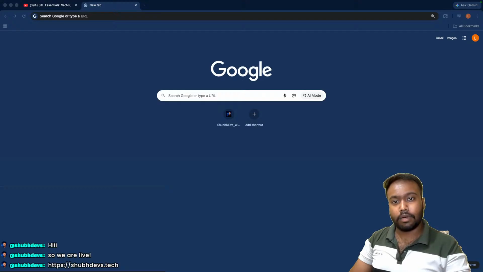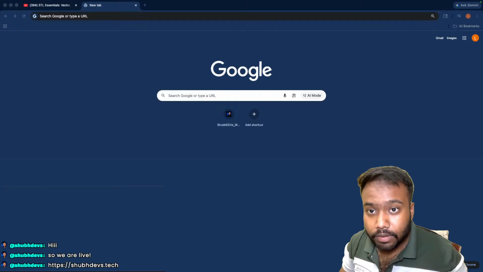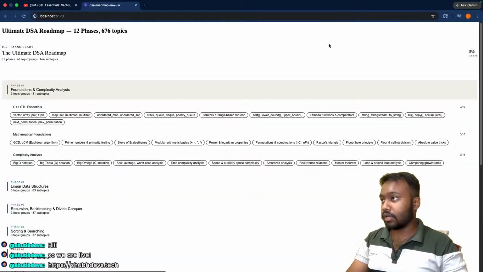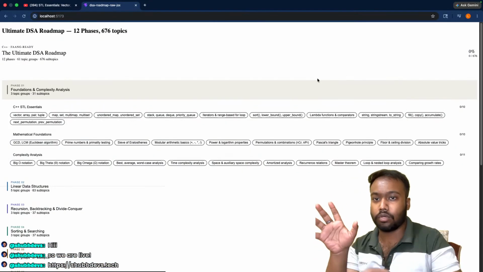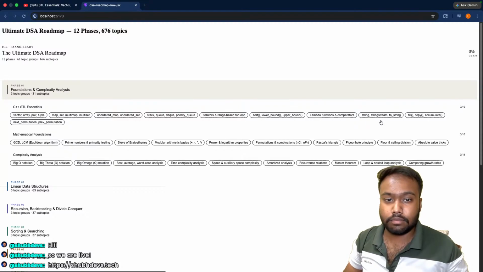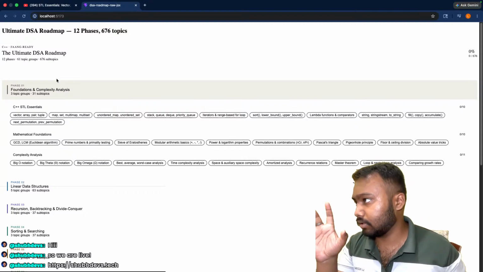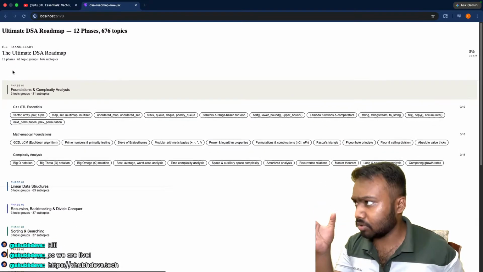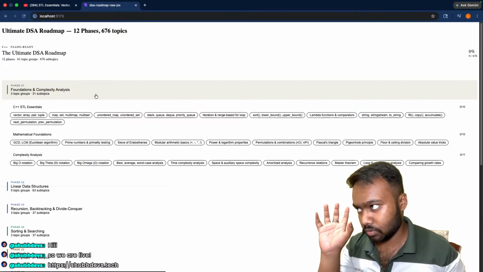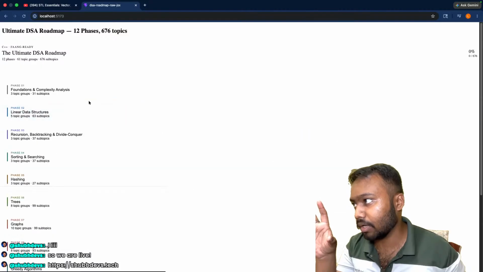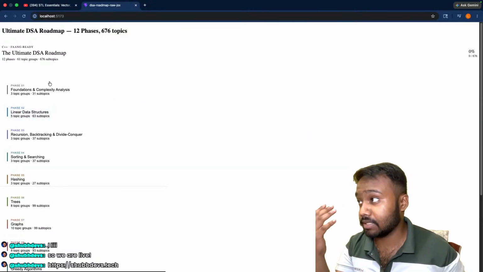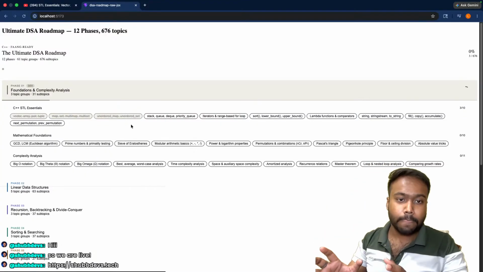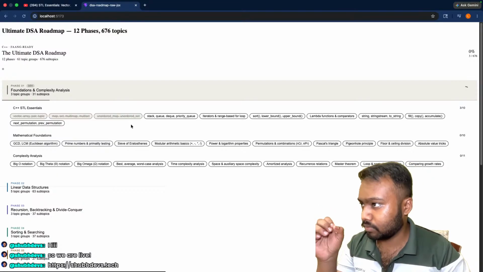npm run dev, and if I open it here on the screen, as you can see, this was the roadmap that Claude gave us. We have 12 phases over here, and 61 topics, and there are subtopics and so on and so forth. All these were collapsible. First we will start from phase 1, and then all the topics in them. It is okay to see, but